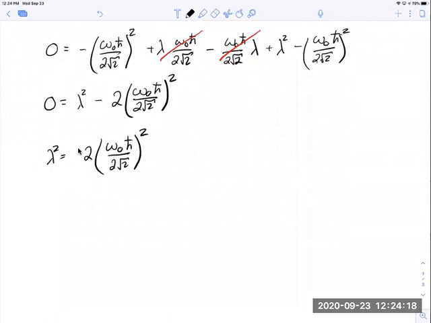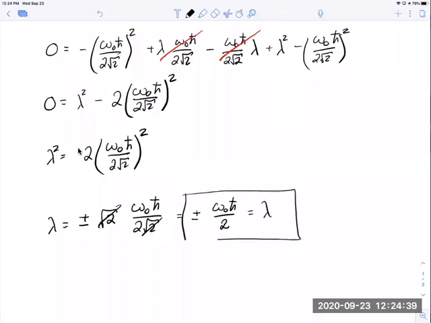I am going to take the square root of both sides so that lambda equals plus or minus the square root of 2 omega naught h bar over 2 square root of 2. More excited canceling, and I am left with plus or minus omega naught h bar over 2. These are my values of lambda,